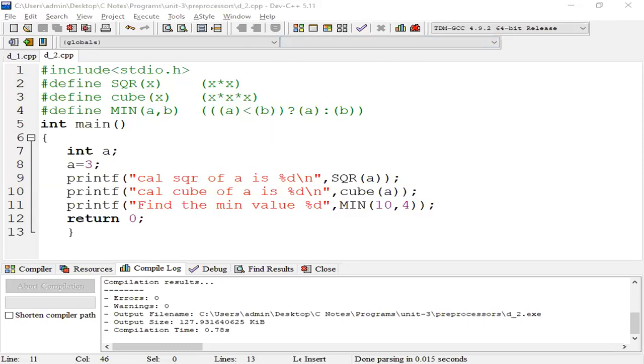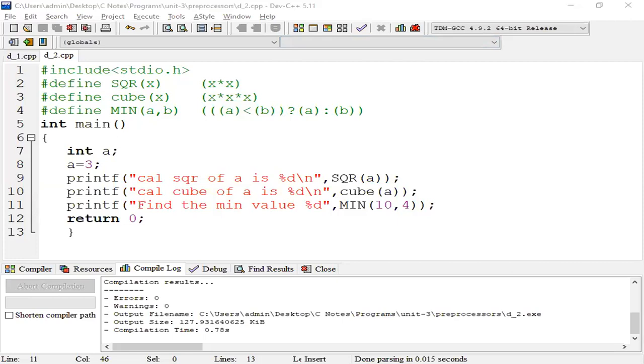In this example, cube x, as in the previous example, is x into x three times. Here, the cube definition is different. Cube of x equal to square of x into x. So same meaning. Here, square of x into x is equal to x into x three times. Both are equal. But here, cube x depends on square of x.